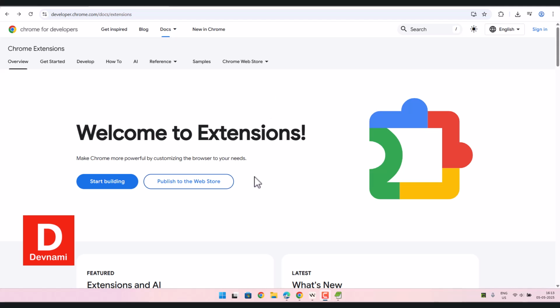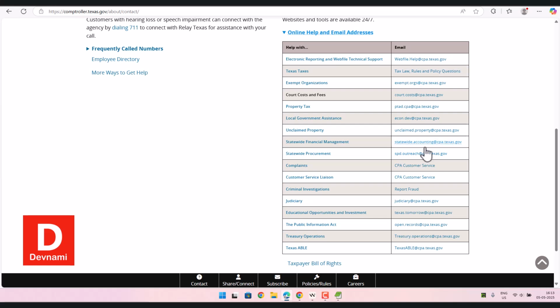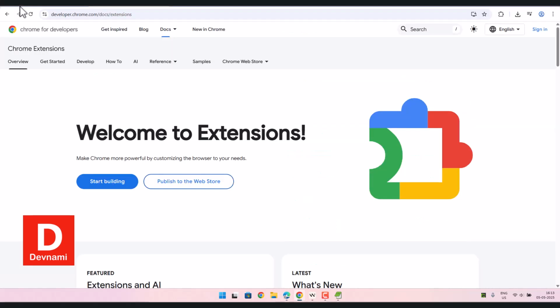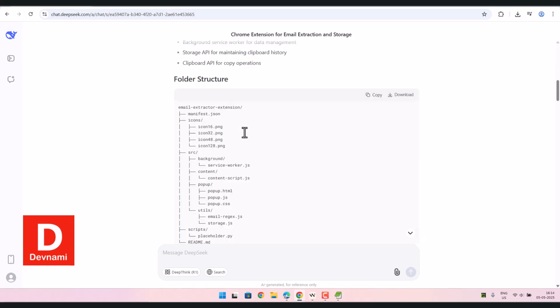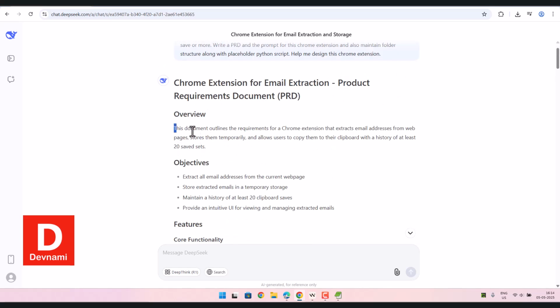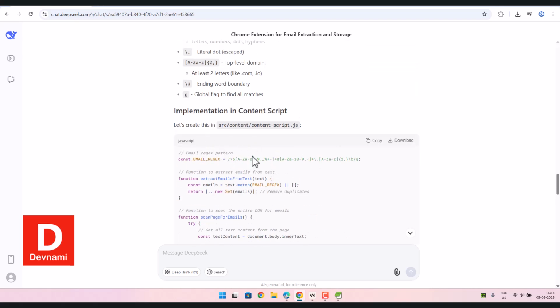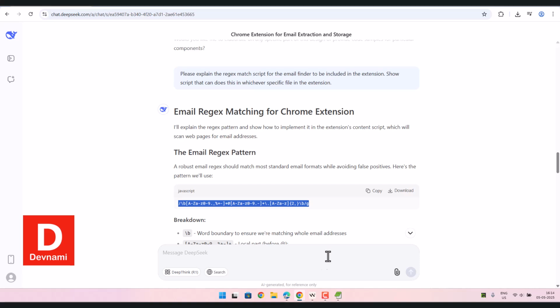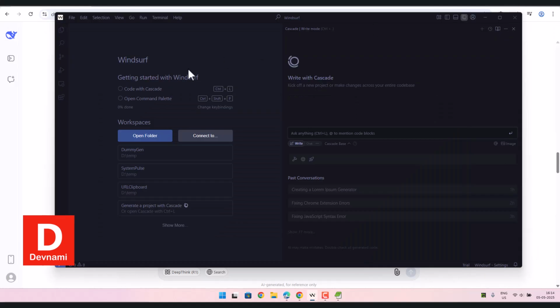Okay, so I got the one extension request, and within that they explained they have a table with a bunch of emails. They wanted to extract this. So to make that extension, I created a PRD, right? So this is PRD and prompt. So what I will do is I will try to add a few more details regarding the pattern matching for this particular email type. So in that case,